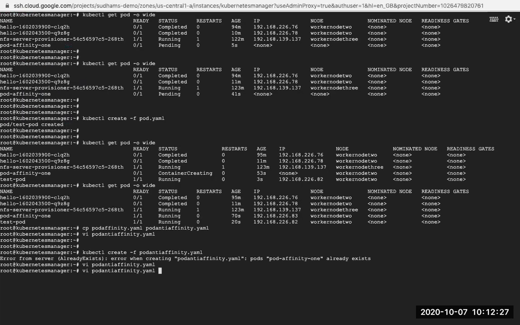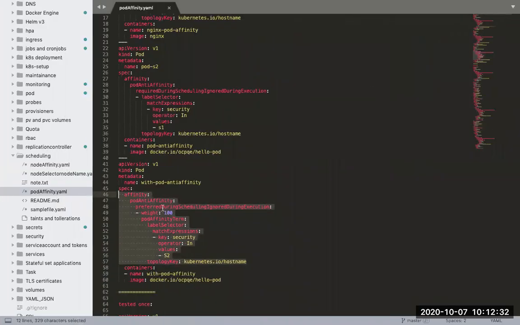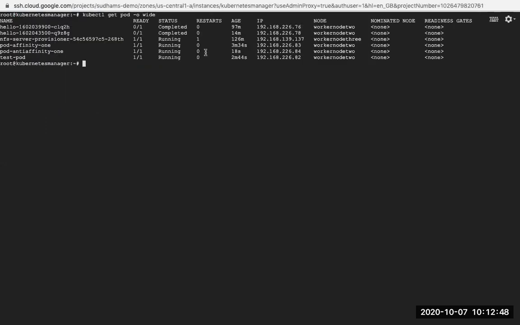Now, if you try to schedule this particular pod, it will launch. Why? Because the option is preferred. It is not required. Preferred in the sense, even though if the label is not matching to any one of the pods, which is having a label called server S1, still it will launch. Let's verify whether it is getting launched or not. You can see it went and launched. There is no failure. It is not showing you in pending status. Why? Because even though the label is not matching, it went and launched on any one of the nodes. So that's how it works.